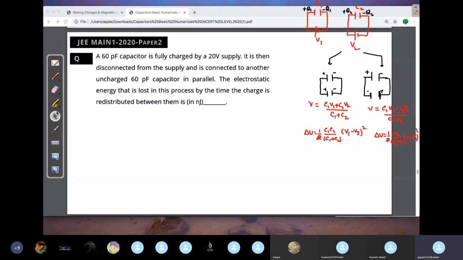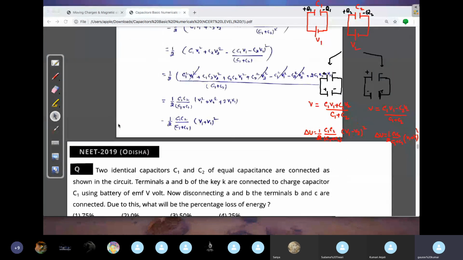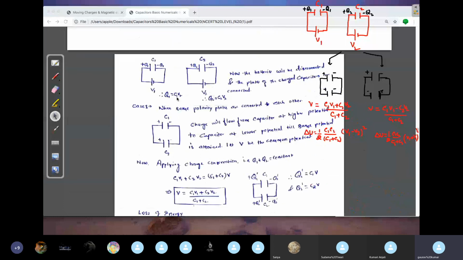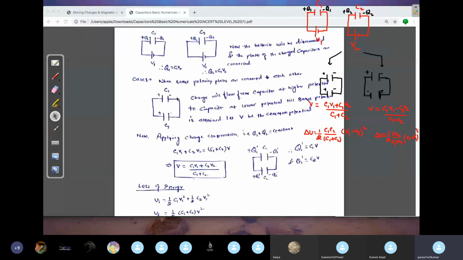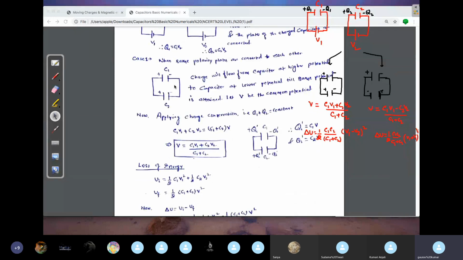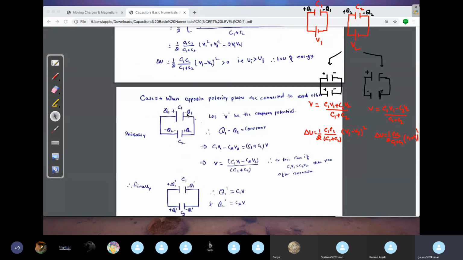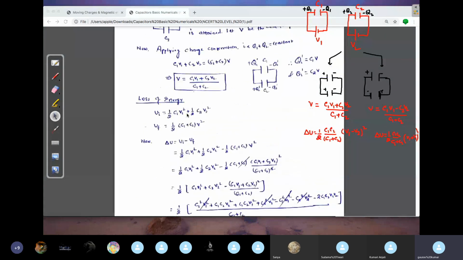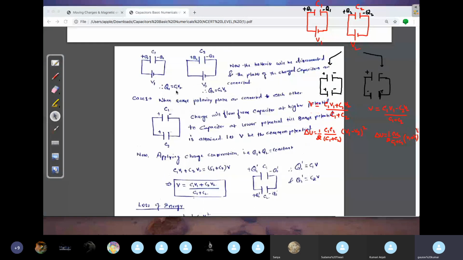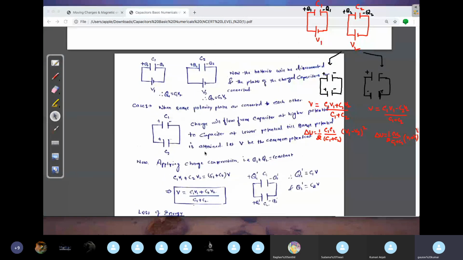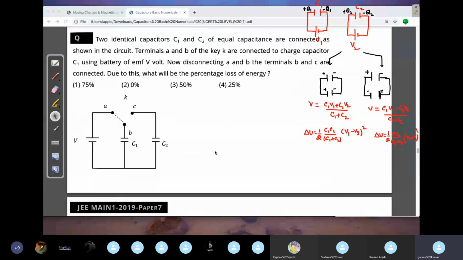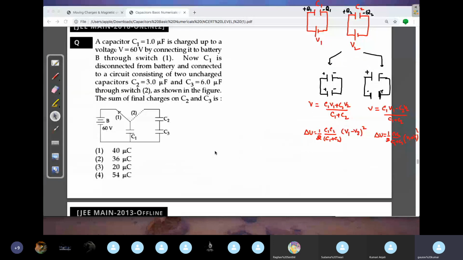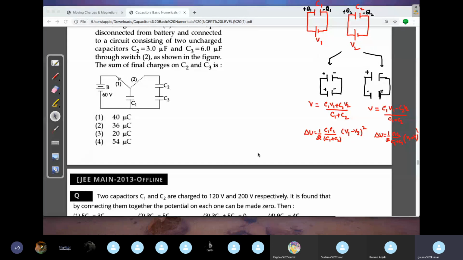So I have discussed these questions. See, this is how I have to attach theory for every type of question. Here I have not attached the theory. Mostly by today night I will cover this part also. So I'll attach theory like this, so that in boards, if the question comes, you have to solve this way. You have to write all the steps like this, and then at the end you will get the answer. But this result straight away you can use in your JEE and NEET, and you can solve the questions. And you can see, using these formulas, solving the questions is so much easier.